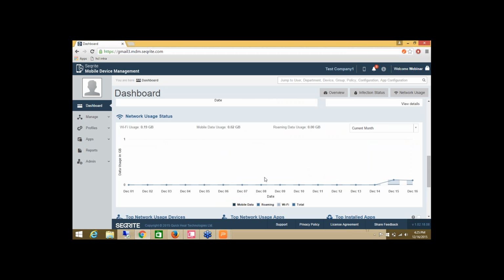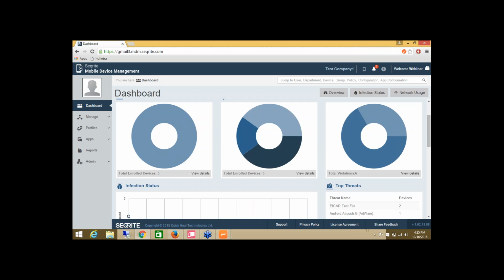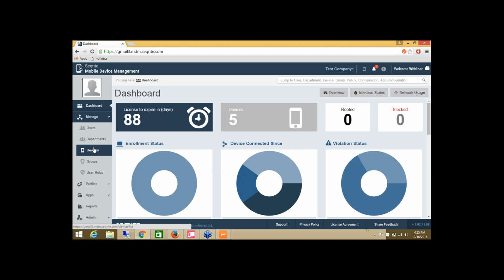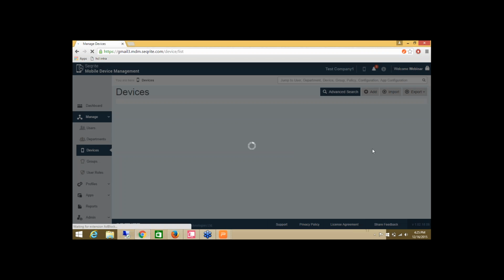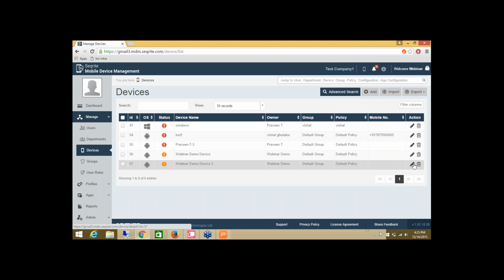You can also view the graph of how the network data usage was during the month. So today is 16 December, and accordingly it is showing that 0.10 GB of data was used in this enterprise, while yesterday, the 15 December, 0.11 GB of data was used. Let us now demonstrate how easy it is to block, recommend or uninstall any kind of applications which the admin doesn't want.